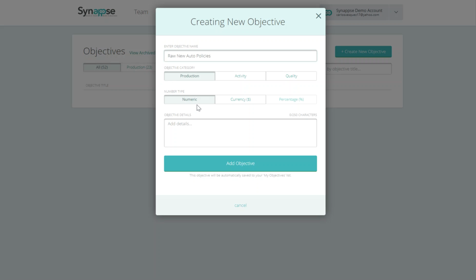So since we're counting units, we're going to leave it as a numeric count. But if, let's say, we were tracking something like life premium sales, then yeah, we would code it as currency, because we're going to be tracking dollars and cents versus units. So if it's units, it's numeric. If it's money, it's currency. And percentage is